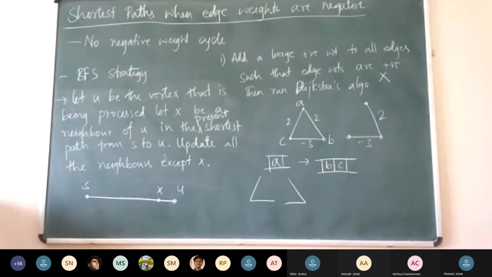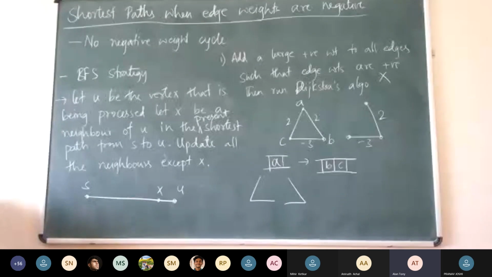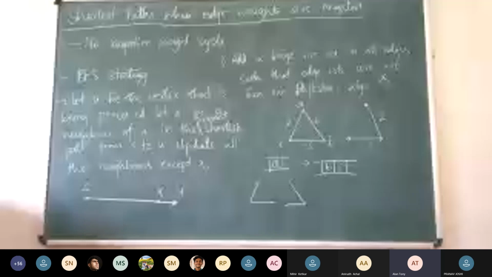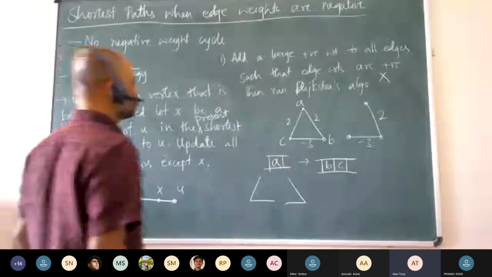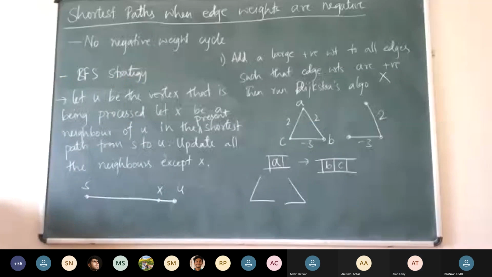So if there is a negative weight cycle, you keep on going around it, right? In that case, the length of the shortest path will be defined, but the distance will be negative infinity. So yes, there can be a shortest path, but in all our cases we are assuming the length of the shortest path is equal to the distance of the vertex. If there's a negative cycle, that won't be equal.